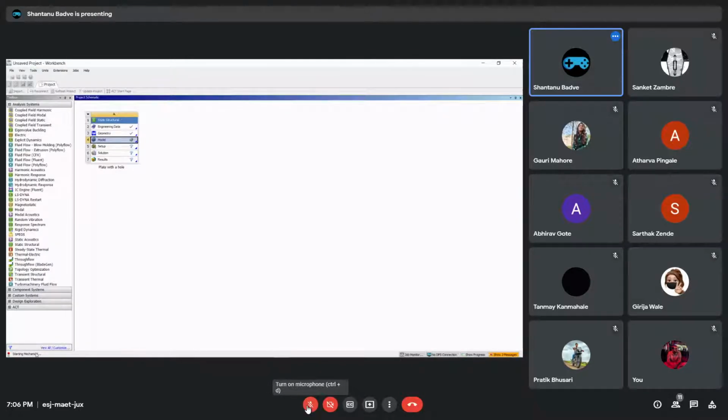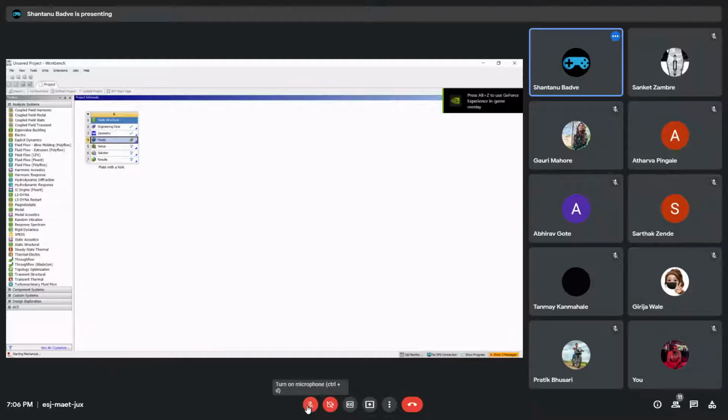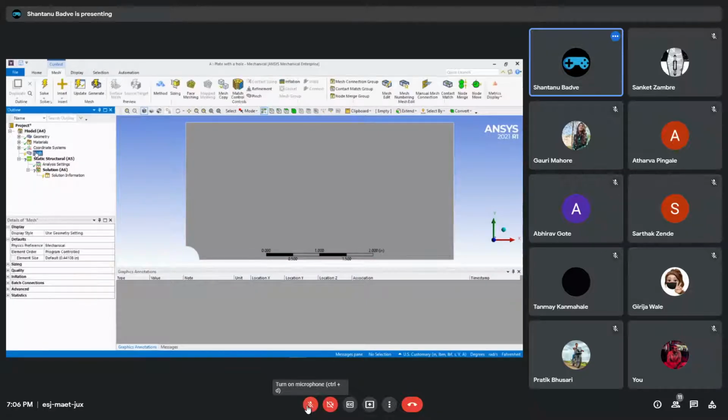But if you just come in ANSYS Workbench, you'll see that in the bottom it says starting Mechanical and there is a red bulb kind of thing in here. And now it is gone, which means that ANSYS Mechanical has started, and it indeed has started. Okay. So first things first, we want to define our mesh. All right. We will just click on this mesh button. And you can see that automatically we are in the mesh tools over here.